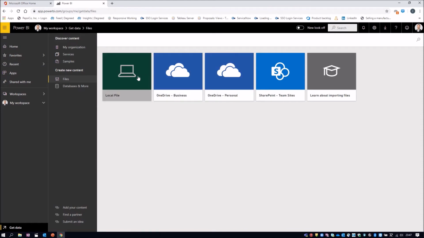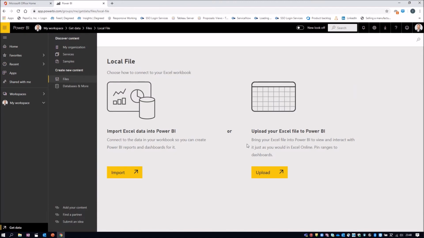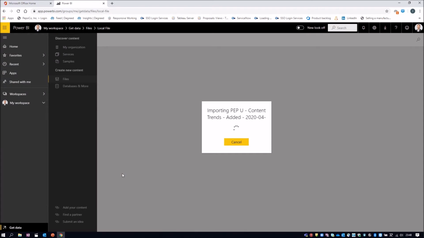As you see in here, this could be coming from the cloud, OneDrive, or a SharePoint folder that you're sharing with your team. So I'm choosing this from my desktop. This is the file we have been preparing in the previous steps. And the view that contains all the data is here in the content file. I'm going to click on Open, and I'm going to import the local file into Power BI. So import.